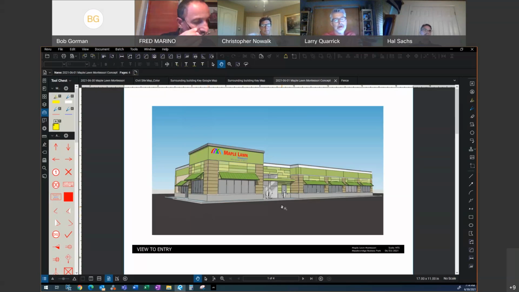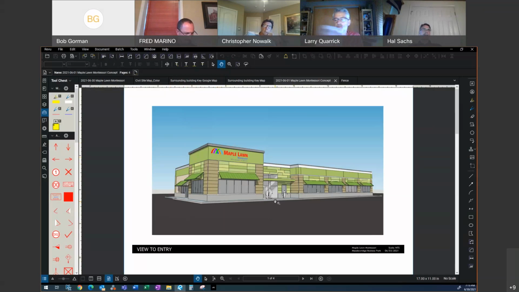This is on Roosevelt, so it's not on Route 1. We're actually a block off of Route 1, but still being considerate to the Route 1 design initiative with varying footprint, the facade coming in and out, and different heights. We've also raised the element at the entrance area on Roosevelt and tried to make something that was noticeable, but not something that's iconic, sticking out and being an icon to itself.